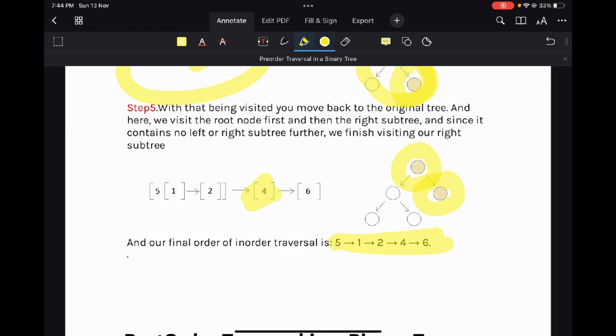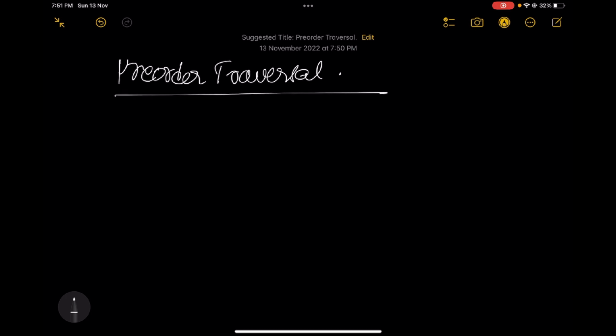Now I'll be explaining you shortcuts on how we are going to get the pre-order, post-order and the in order traversals in a very minimal time. So now I will be explaining you the shortcuts of the in order, pre-order and the post-order traversal. So first we will be starting with the pre-order traversal. For the pre-order traversal, we will be considering the same tree that we have been practicing throughout the session, and the tree is